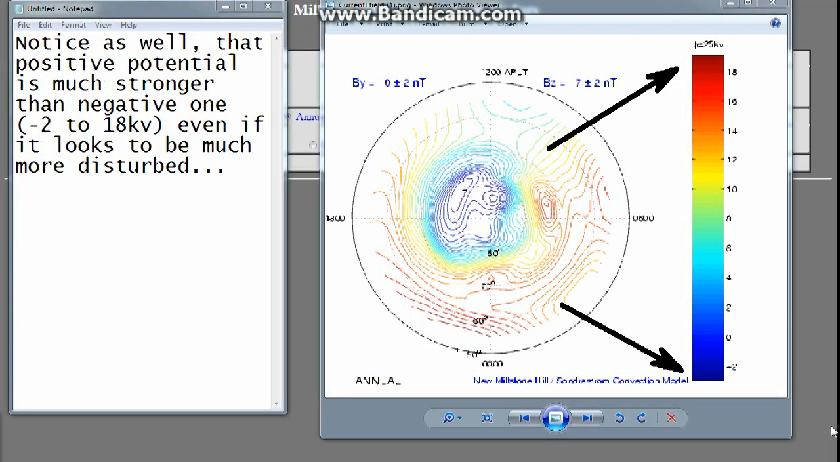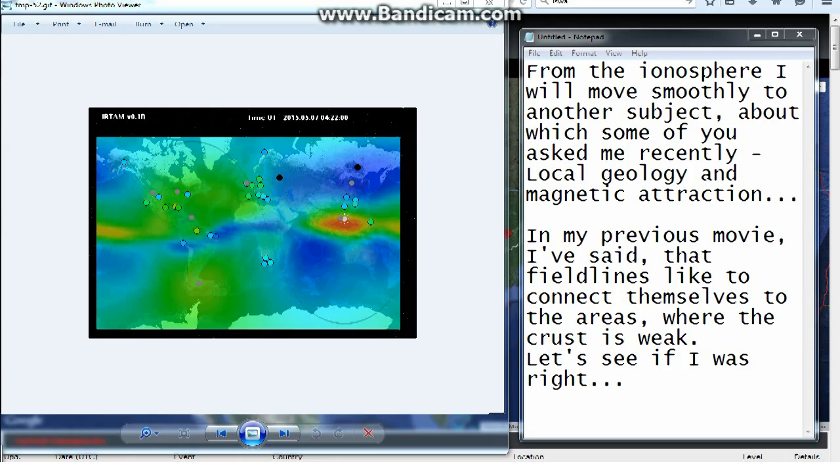Notice as well that positive potential is much stronger than negative one, -2 to 18 kV, even if it looks to be much more disturbed. From the ionosphere I will move smoothly to another subject about which some of you asked me recently: local geology